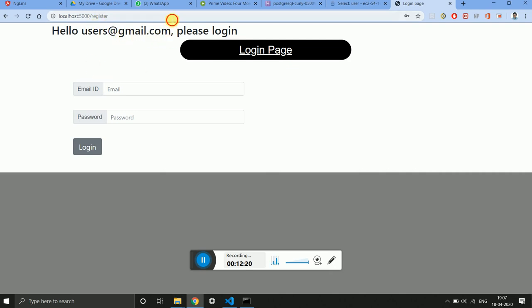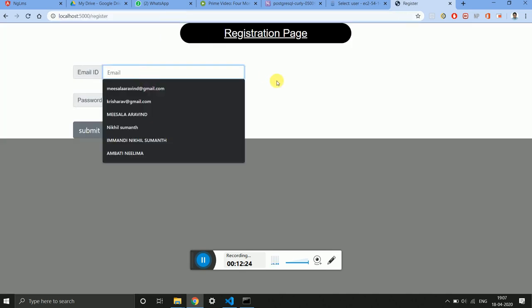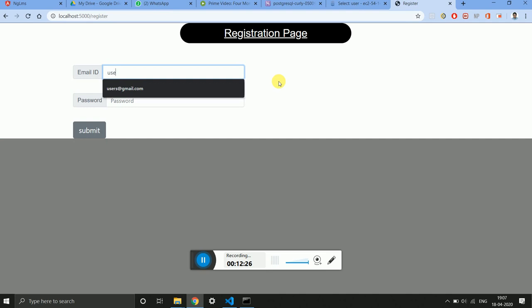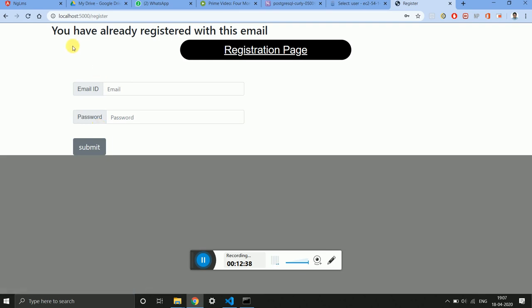And now again, if I want to create an account with the same email ID, users@gmail.com, and give some other password, 789456789, and again submit. See, you have already registered with this email, and this has been displayed in the registration page itself. So I need to change my email ID and password.